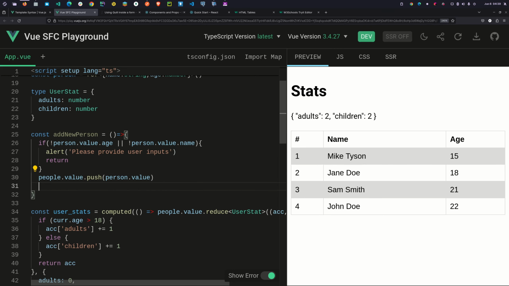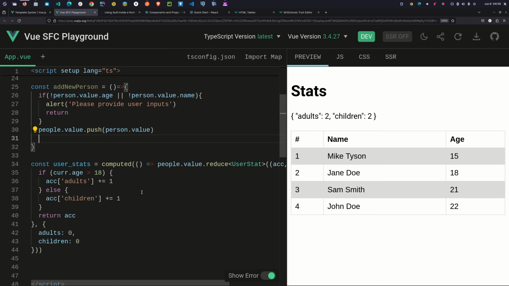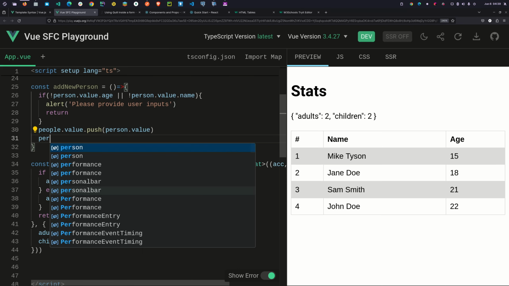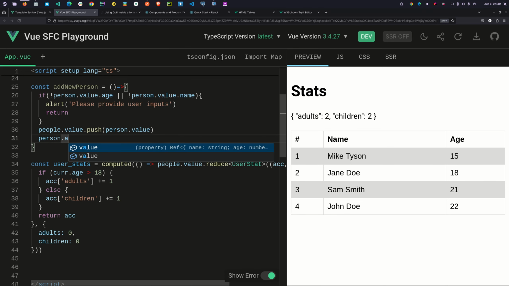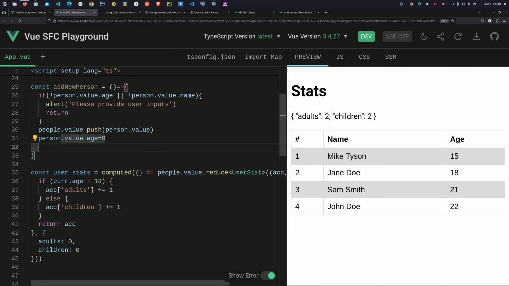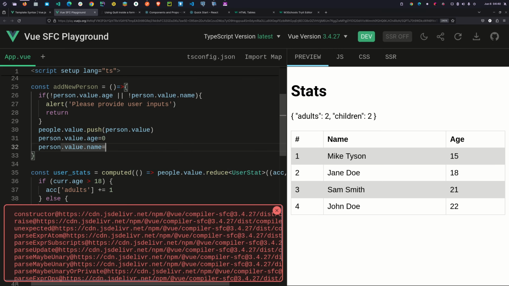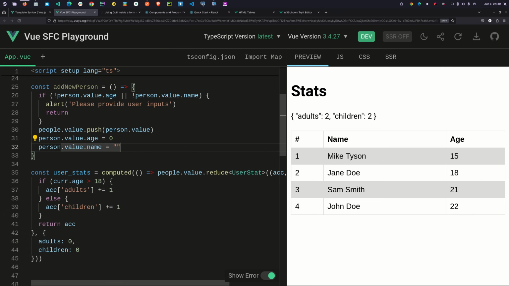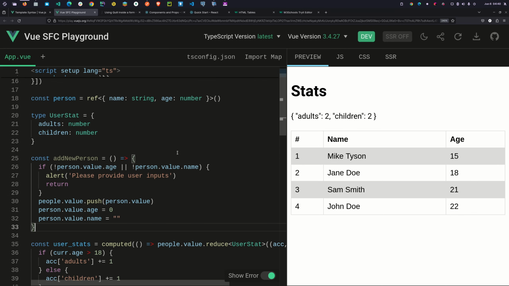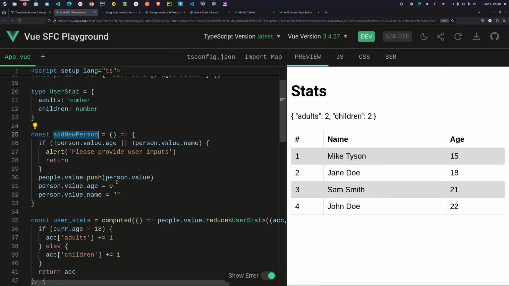So afterwards, then now we can reset state of the person dot value dot age will be 0, and person dot value dot name will be an empty string. So up to there we have add new person method here,